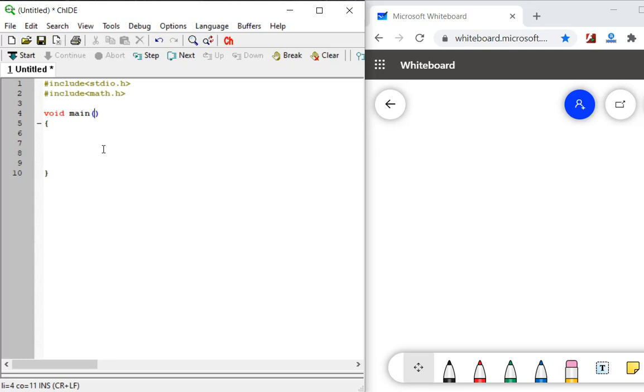So there are no parameters passed to the main. So the main will work individually. Now inside the main, as an example, if I want to ask the user to